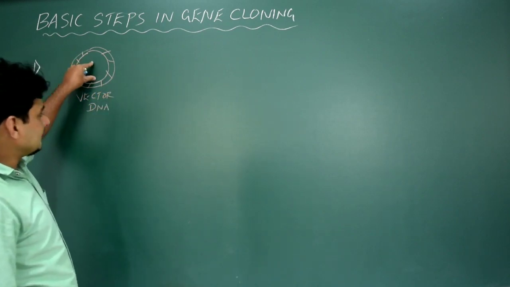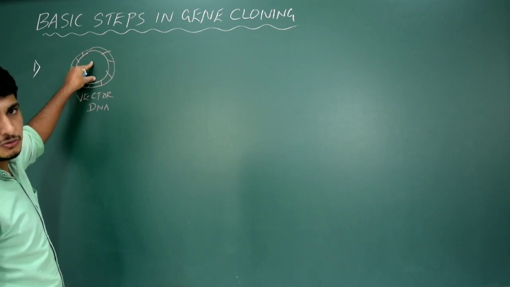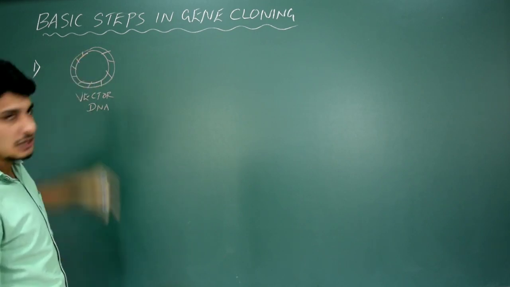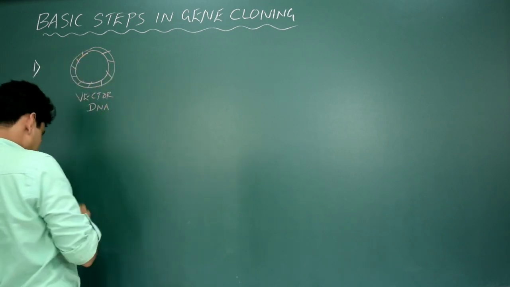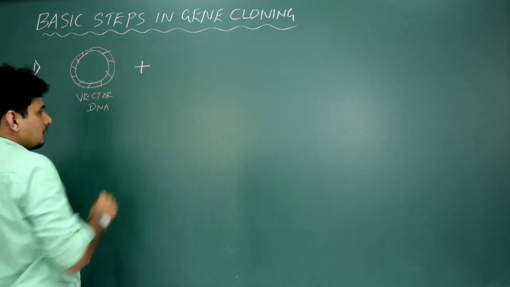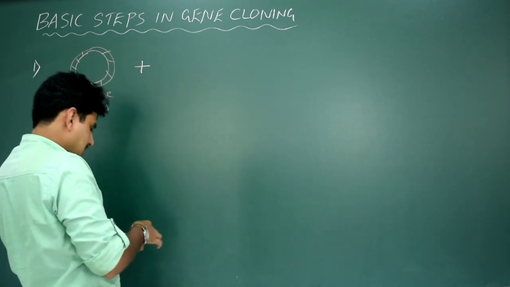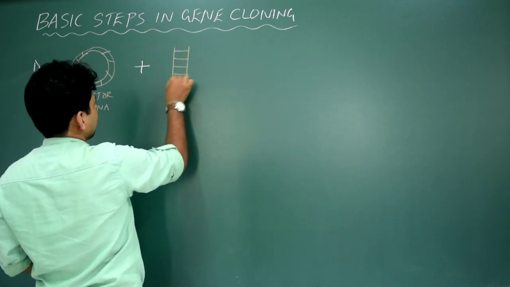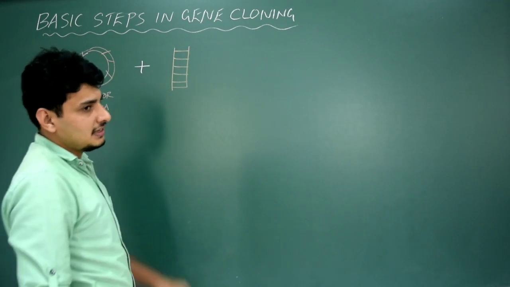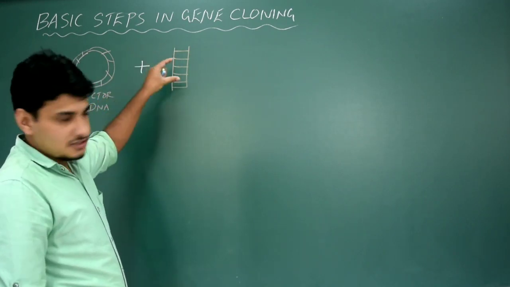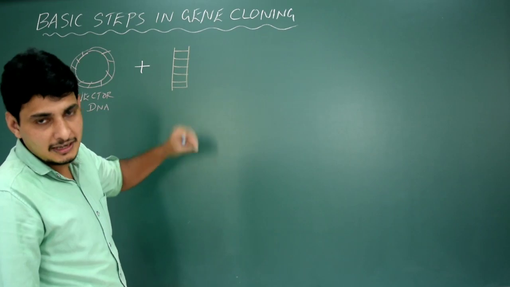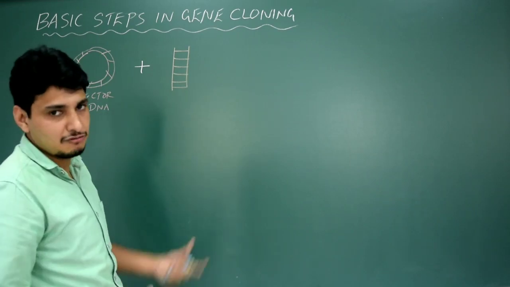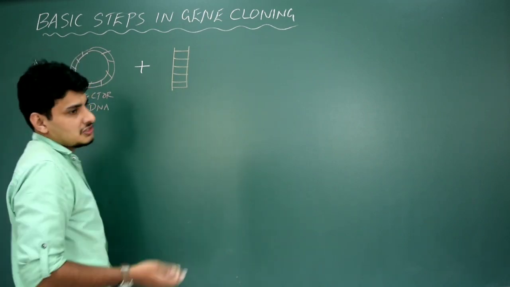We have selected this vector DNA because it has certain properties. What is the property? They can replicate anywhere in the host cell. That's it. Then I'll put a plus symbol here, which means I am going to add something to this vector DNA, that is the gene of interest. In this case, the gene of interest is called the foreign DNA. This segment of DNA has sequences which will produce a specific protein that could be applicable anywhere, in the medicine field or production of vaccine, for example, or any other services or products.